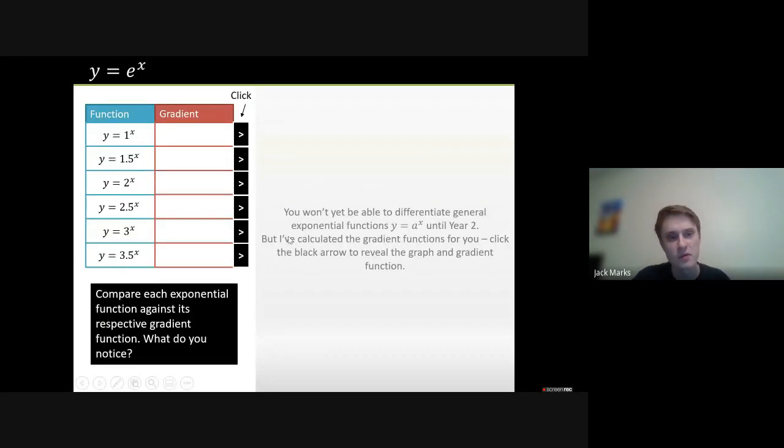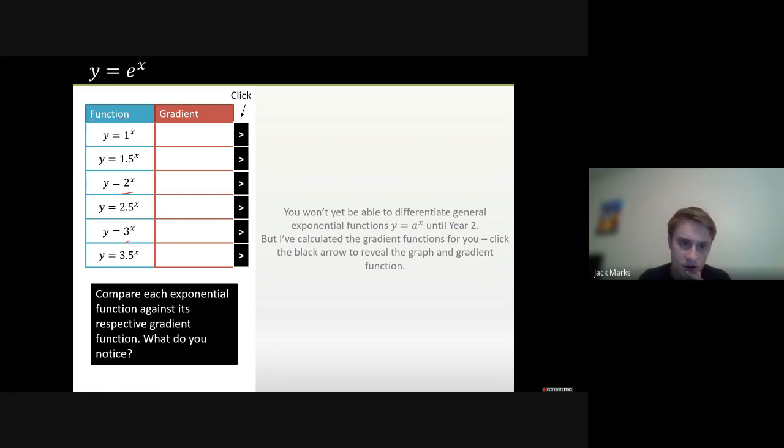Okay, we're moving on to 14b. So we're going to look now at e. So e is just a special case. Before, we did 2 to the power of x and 3 to the power of x and so on. So we'll get to e in a moment, but what I want to do is show you